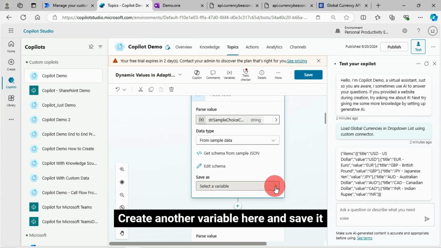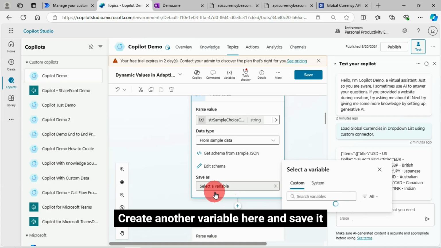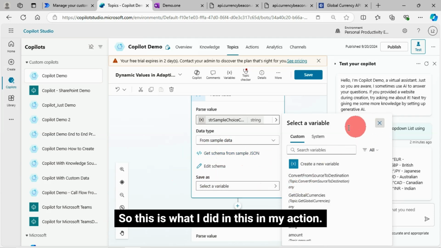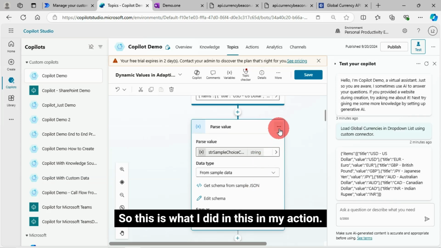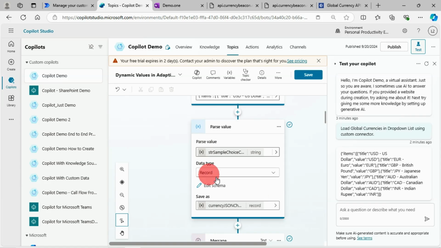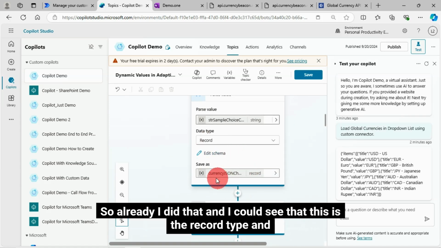Create another variable here and save it. And once you save it, this data type will automatically change to record data type. So this is what I did in my action. Already I did that and I could see that this is the record type, and